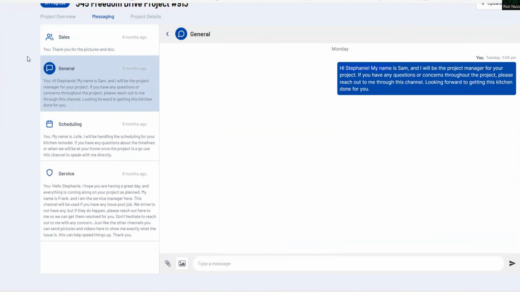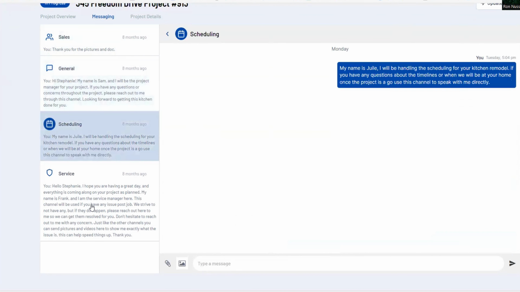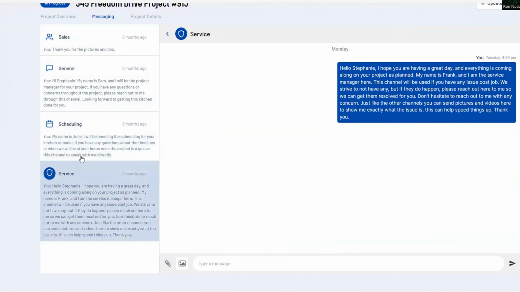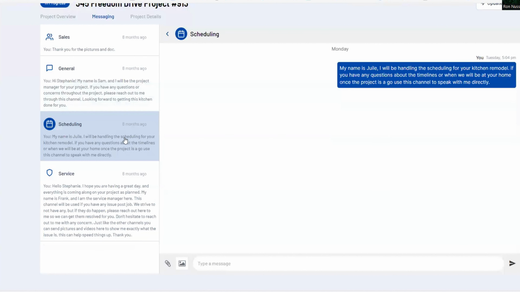So you can see as soon as that customer's jumping in here, they're getting messages in these channels from your team that's in charge of these channels, that's going to let that customer know what each one of them are, what they represent, and why they would utilize it. This is where we start to break down that confusion in communication and start getting your customer in touch with the right people, air traffic control,